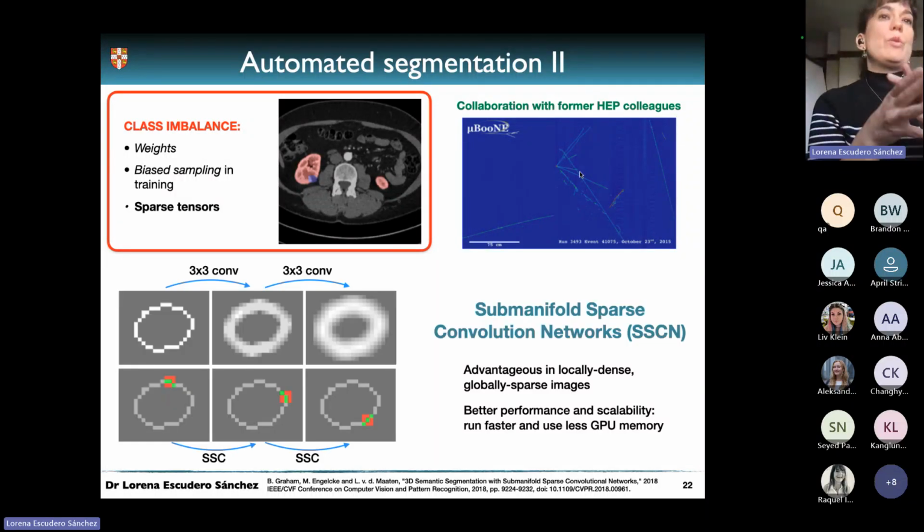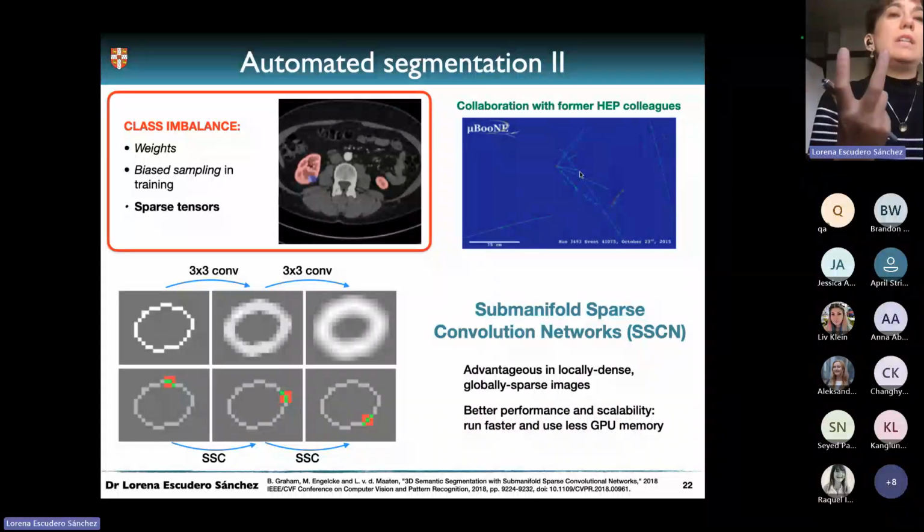So for this type of problem, something that can work with this sparsity of the image can be very advantageous,